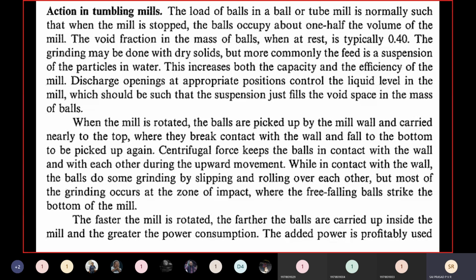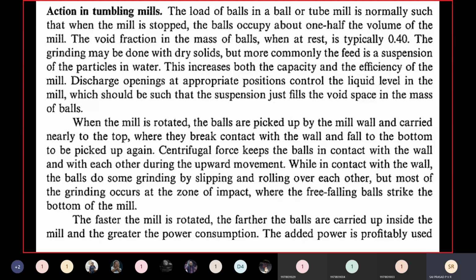So once you charge the grinding medium to half of the volume, we know the radius or the diameter of the cylindrical shell and its length, so you calculate its volume. Then you take individual grinding medium, because I said spherical balls of different sizes are used. You measure the diameter, find the volume, add everything, and thus you get the void fraction. So you see that the void fraction is 0.4.